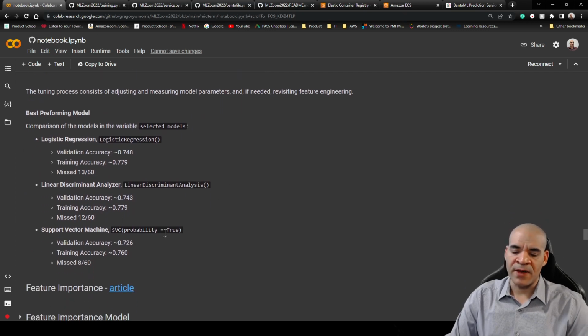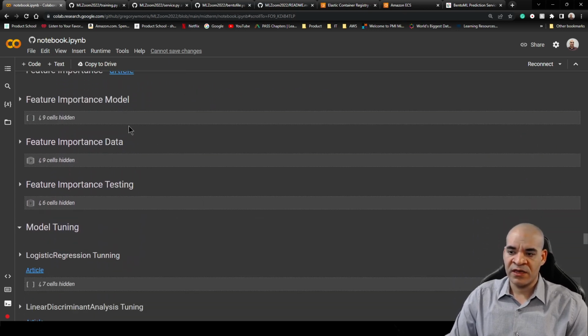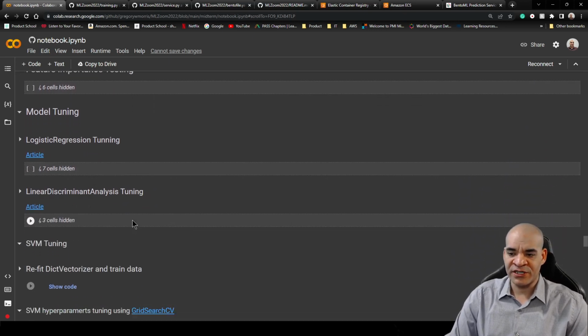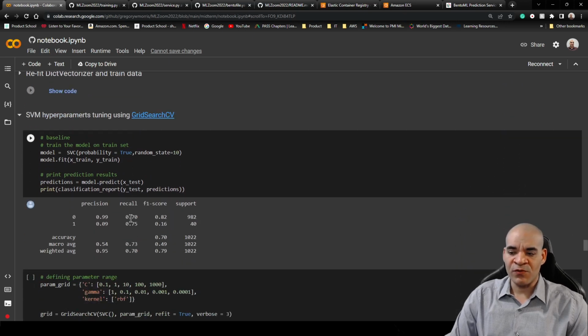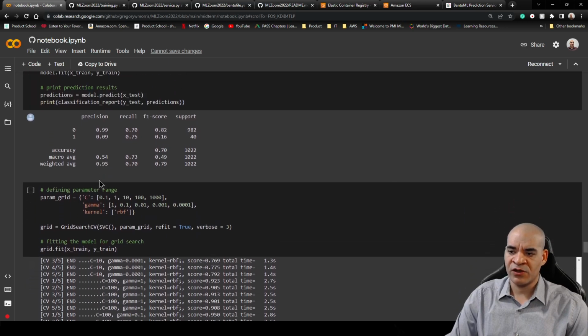And then we get into the model tuning. The tuning is where I was attempting to improve these models and see what we get. I took a look at feature importance, I looked at the data, and through all of it, unfortunately, I really couldn't improve much. Here we're going to take a look at our winning model, SVM, and look at the hyperparameters. And I ran a grid search,